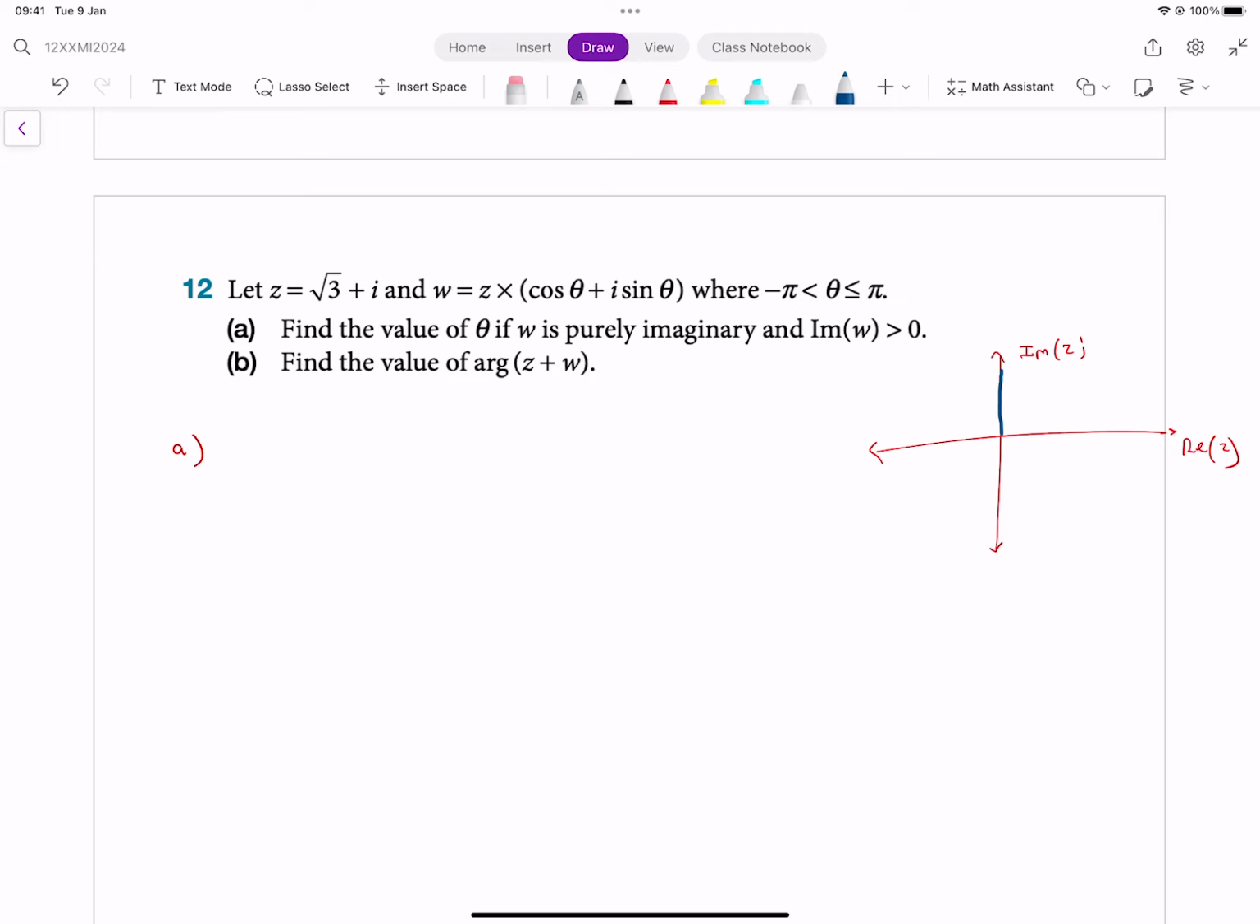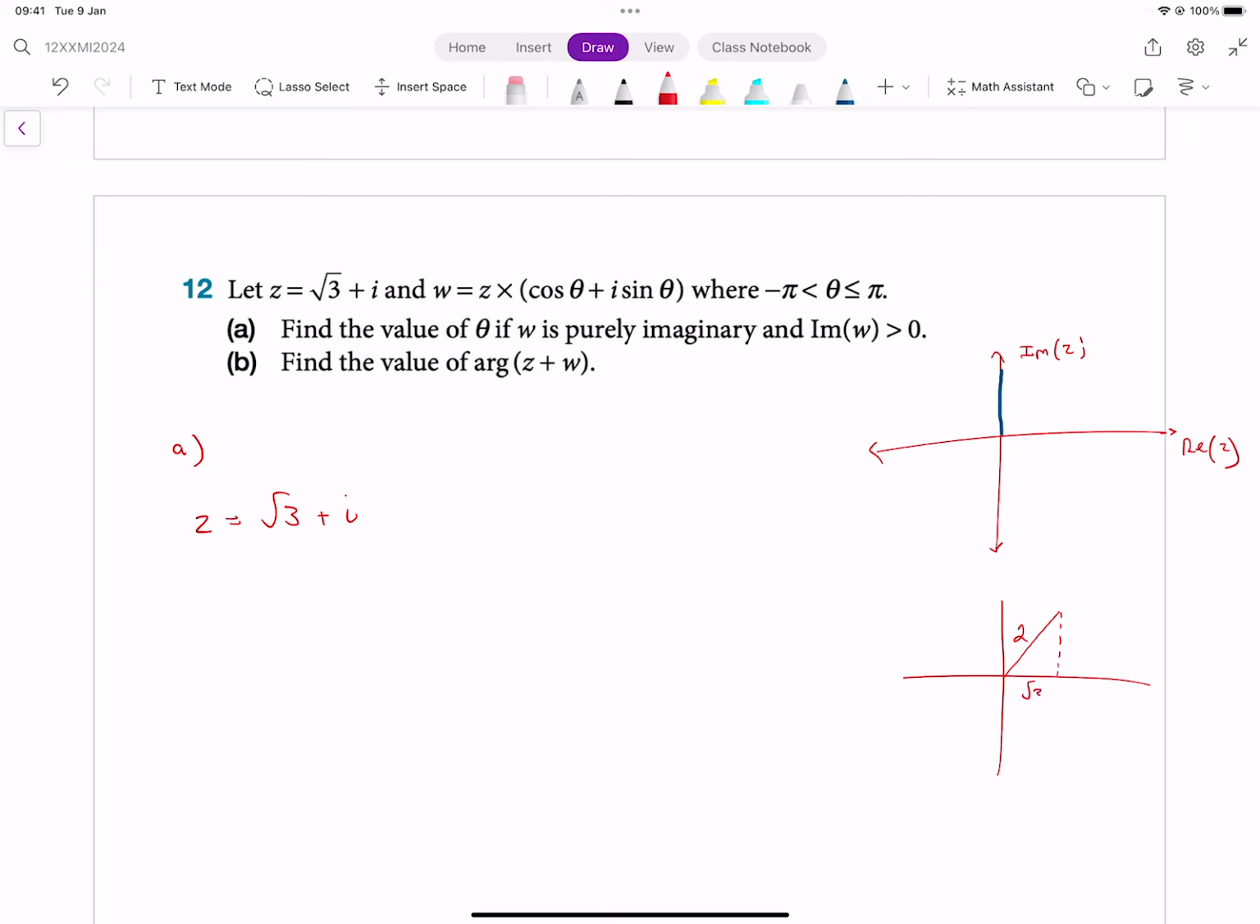So if w is z times by cos theta plus i sine theta, we're asking ourselves, what do I have to multiply the complex number z by to make it imaginary? So if we look at the complex number z, we've got root 3 plus i. Let's have a think about what that is. So z is root 3 plus i. If we draw a quick picture of that, it has a modulus of root 3 squared plus 1 squared, which is the square root of 4 or 2,